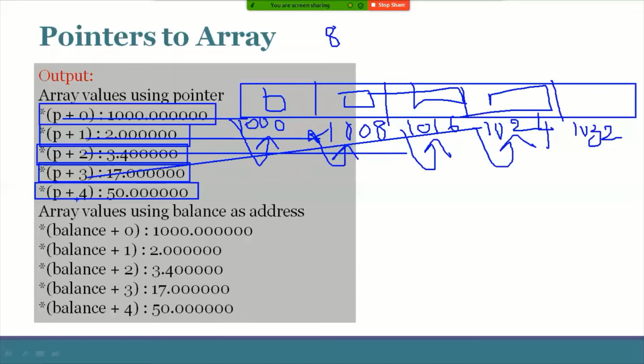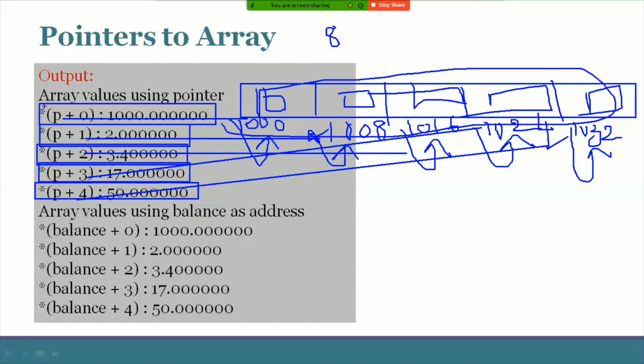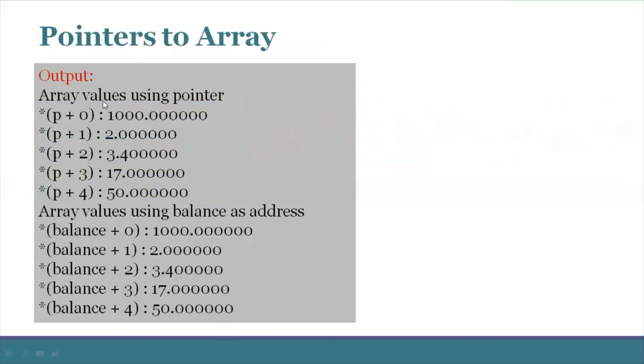Then 4 into 8, 32. This one pointing to this location. And the indirection operator upon this address will get a location. These are the elements that can be displayed with the help of these particular statements. That is about these values. These are the values located in those locations, accessed with the help of indirection operators along with pointers, pointer variables.